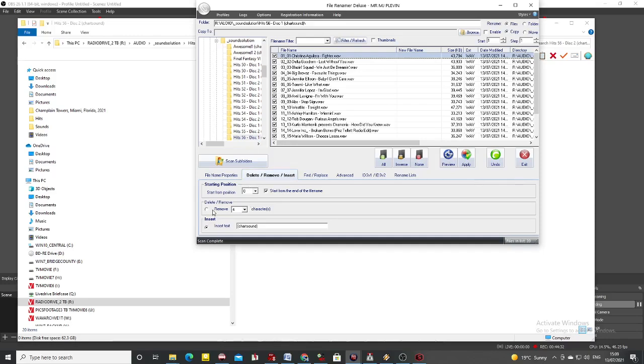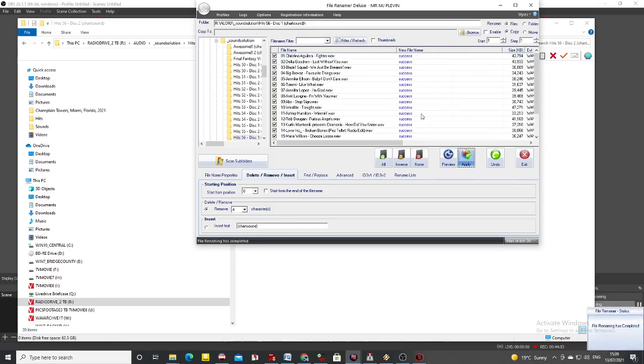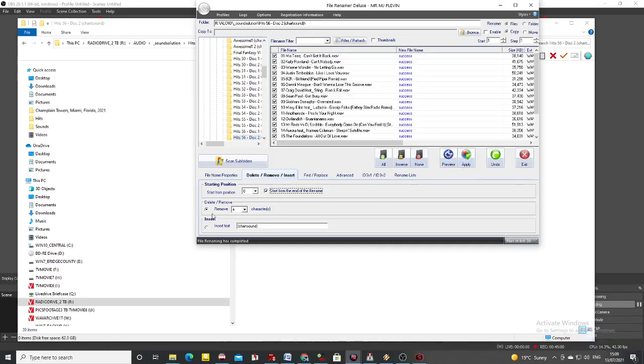So in this software, you've got remove 4 characters. So you select to remove characters. You can remove as many as one, so we can do a mass renaming. And it can be at the beginning or end of the file name, so it's at the start. You press preview first in case you've made an error, see what you're going to get, press apply, it does it to the lot in that folder. Also do it in disc 2, obviously. Preview and apply, and then I tick this thing here, start from the end of the file, and insert text. So you got